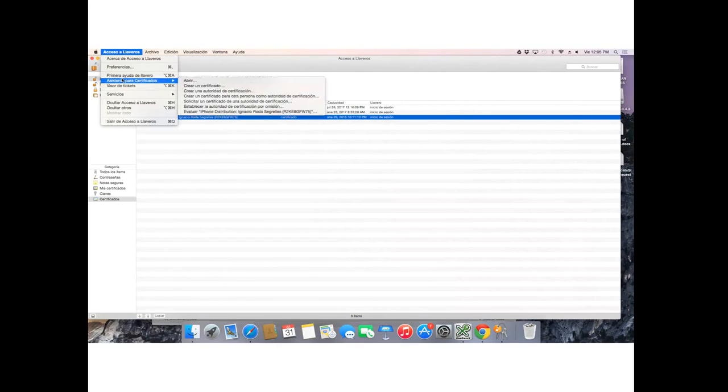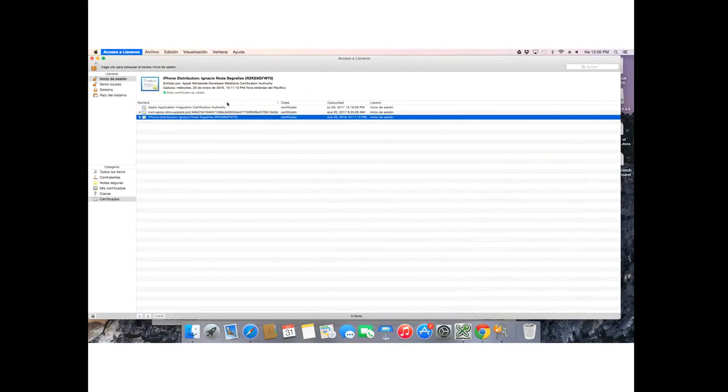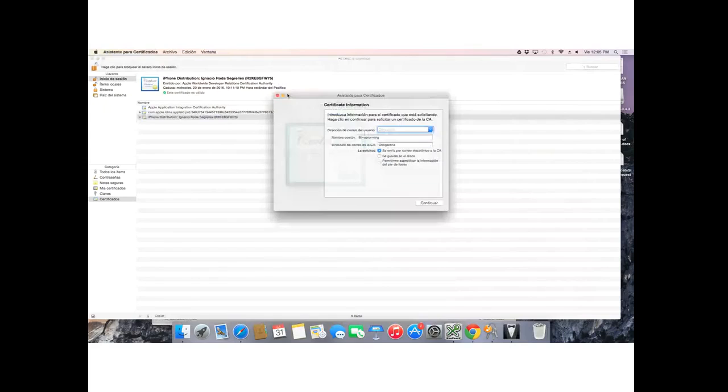So you have to open the keychain on your Mac. Well, my computer is in Spanish, I'm sorry for that, but basically it's the same. So here you have your keychain, and then you go to Assistant for Certificates or something like that, and select apply for a certificate from a certification authority. Okay, you click on this option,